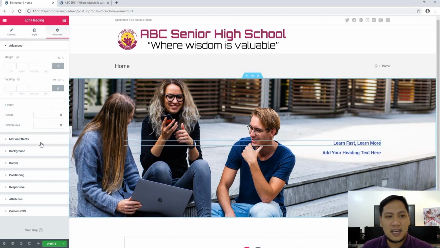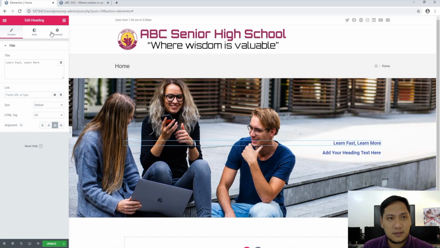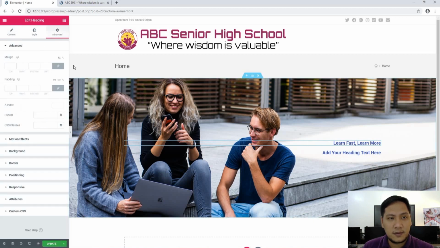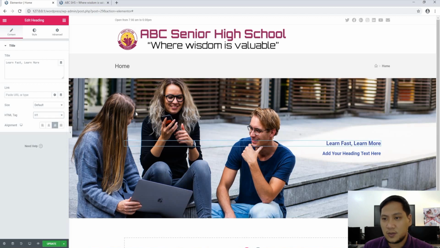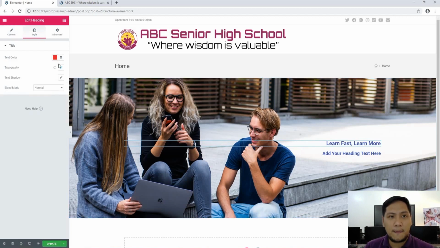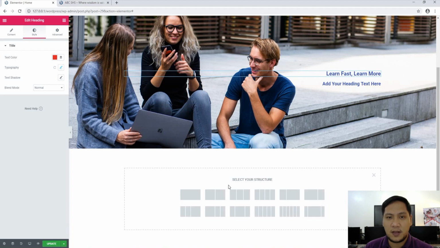You could set the sizes. Okay. Style. Kung gusto mo medyo lumaki-laki siya, pwede rin po lang siya mag-H1. Ayan. Okay. Basically, you can add more sections if you like. Pwede ka po maglagay dito ng